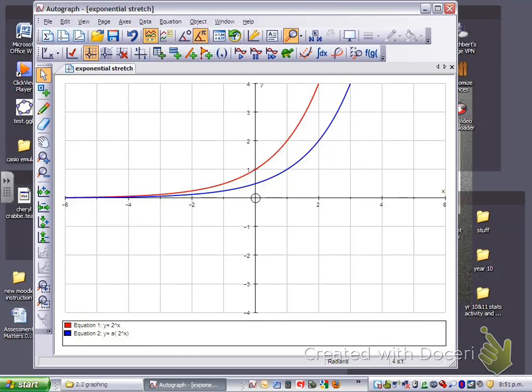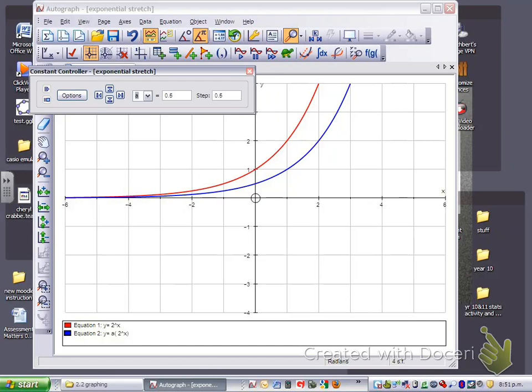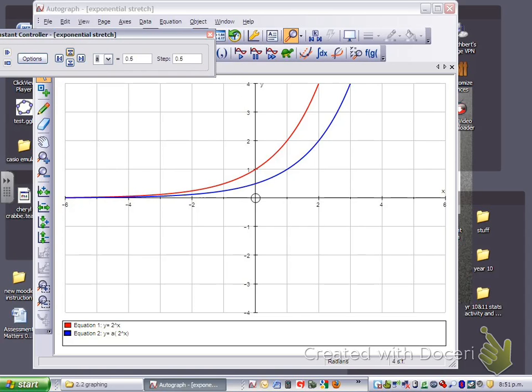And then I've got another one where I'm going to change that 2 to the exponent x by a constant, multiplying it by a constant, so a multiplier scale factor. And again, you just bring your constant controller out, and this is just going to go by steps of 0.5, and you can show the students that as you change a, as a gets bigger, what's happening to the graph, where it's crossing the y-axis, which is the major feature of things, that the asymptote stays the same, it's the x-axis, and then you can show what happens when a becomes negative, and you get a flip